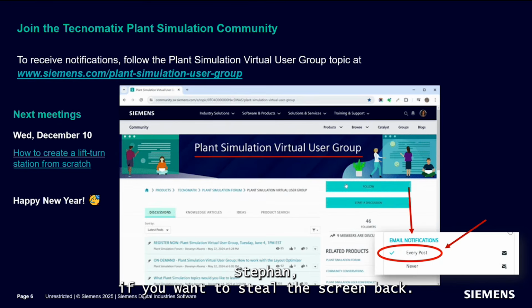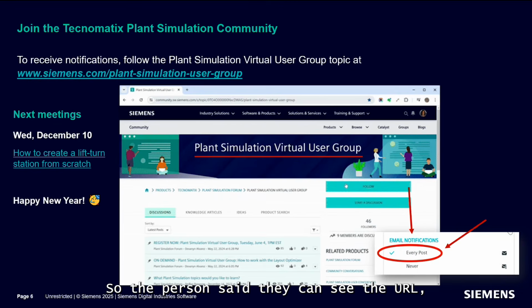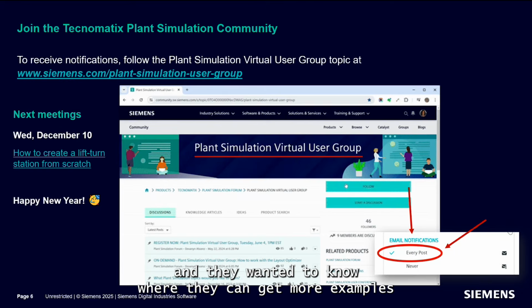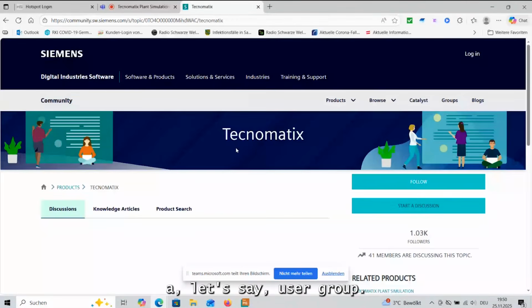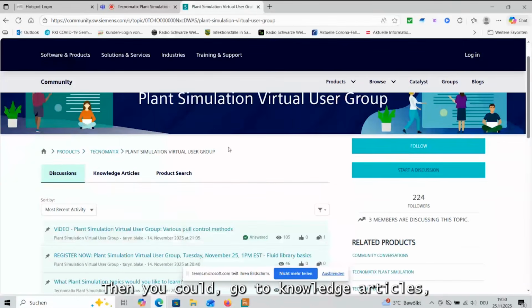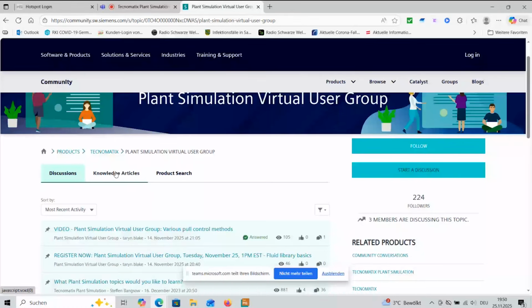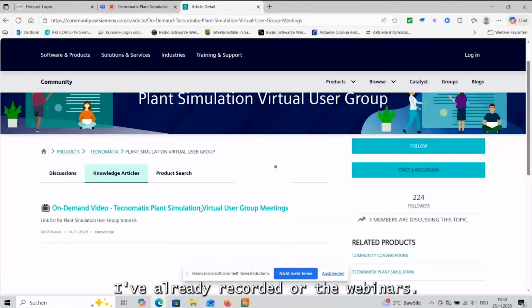I don't know, Stefan, if you want to steal the screen back. There's a question about units, but I'll answer the one about the community. The person said they can see the URL and wanted to know where they can get more examples. There you can find the virtual user group. Then you go to knowledge articles, and here you can find all the videos we have already recorded, all the webinars.